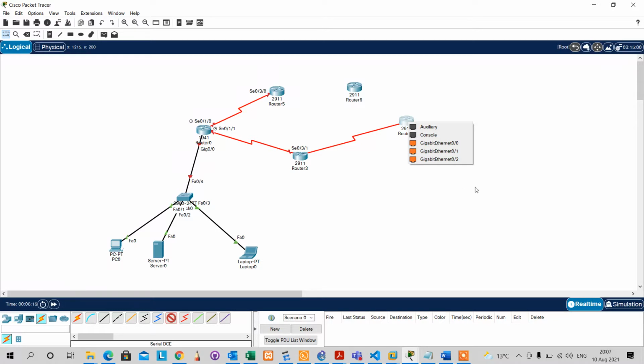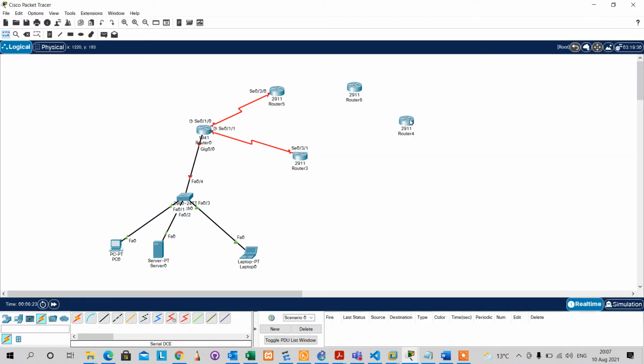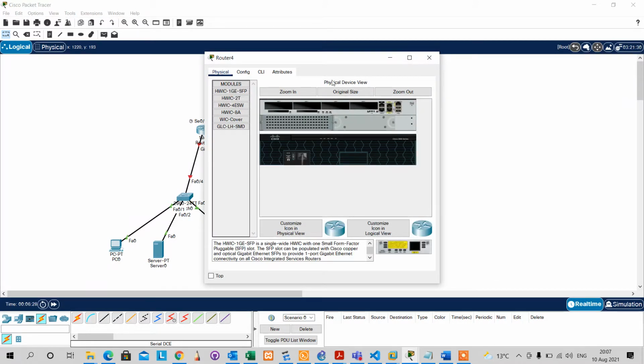So what you can do in a situation like that in Packet Tracer, basically you need a serial port on these routers so that you can connect them using the serial cable. So you just click on the router, and then you look for the tab that says Physical, the Physical tab, right? The tab that says Physical. And then once you are on that Physical tab,